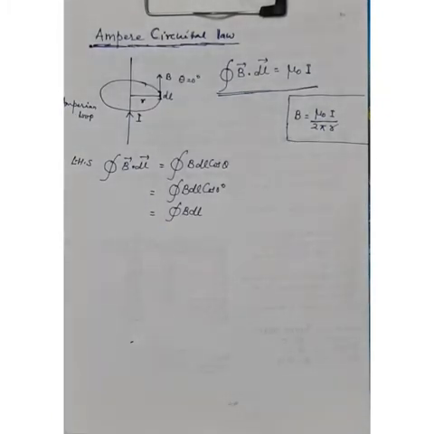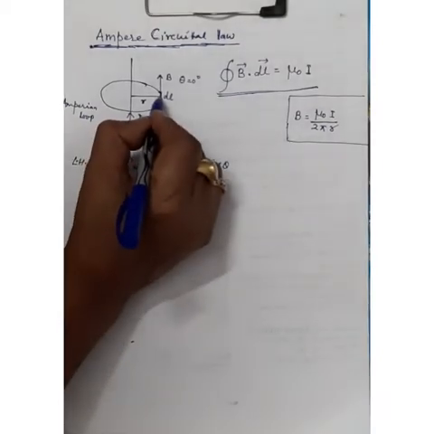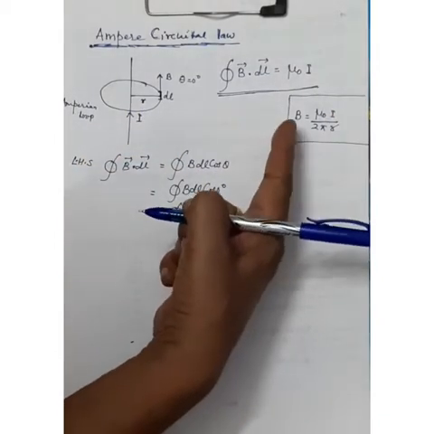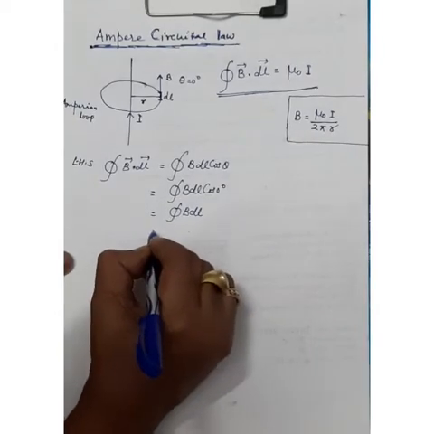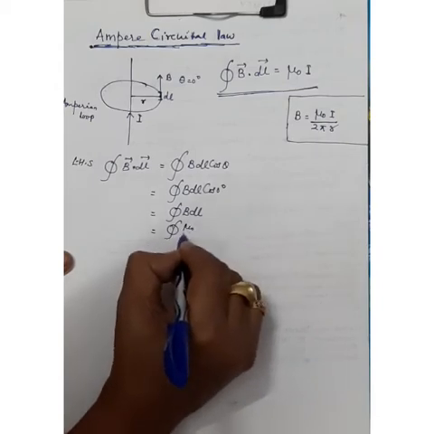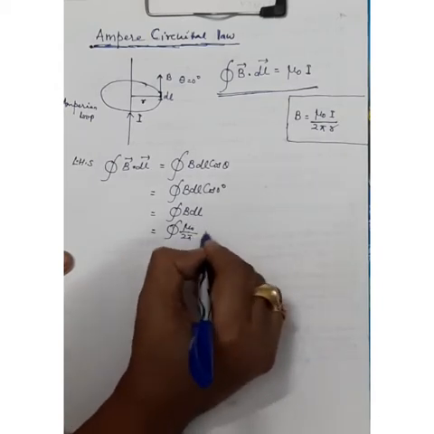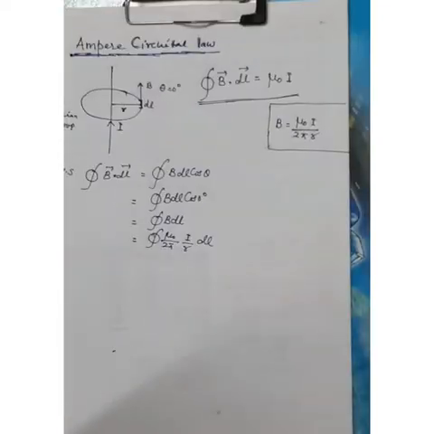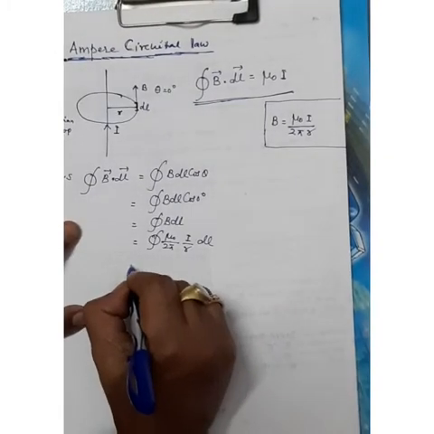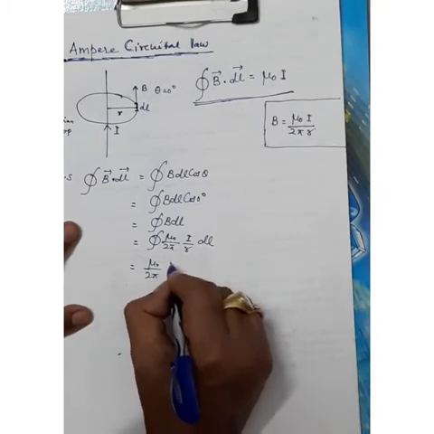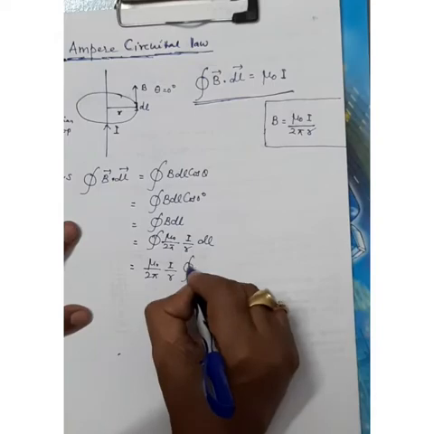Now put the value of B, the magnetic field because of a long straight conductor at a point P at a distance r from the conductor. So we can put B equal to mu naught I upon 2 pi r. So this will be integration of mu naught upon 2 pi, I by r into dl. Now we can write it as mu naught upon 2 pi, I by r, integration of dl.